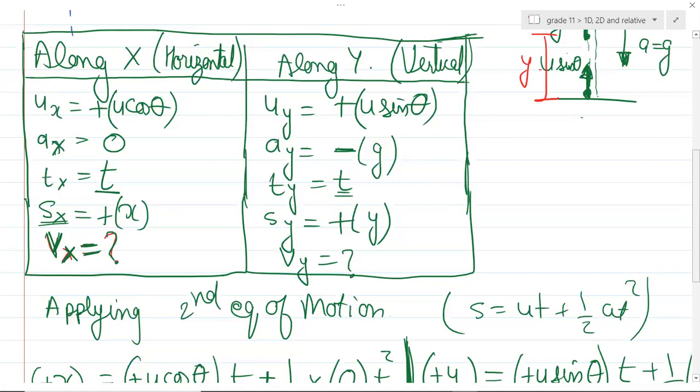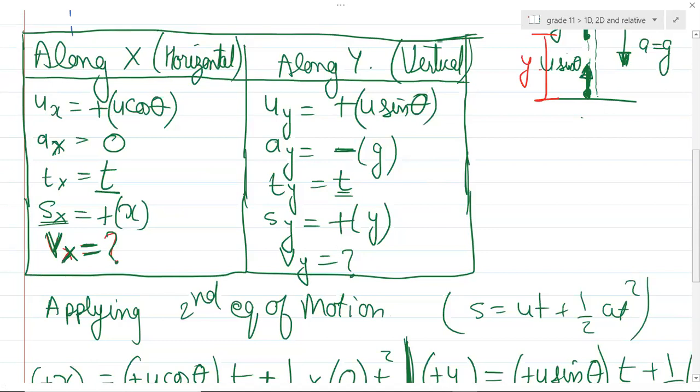Okay, sir. By the way, the day after tomorrow, I have a physics test, sir. And what is the syllabus? First 3 chapters. So basically, this is also coming. So this is from the 3rd chapter. This is from the 3rd chapter, right?